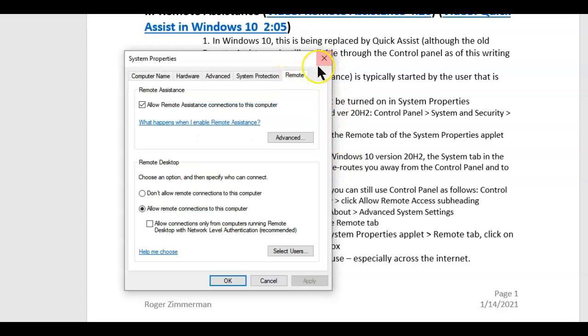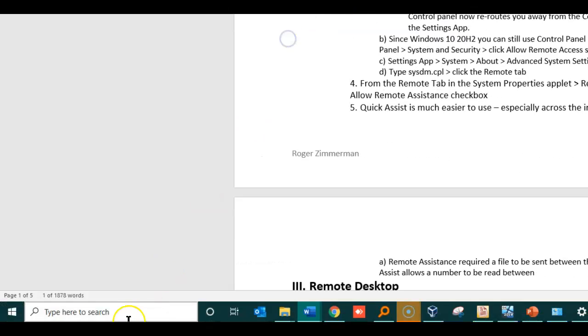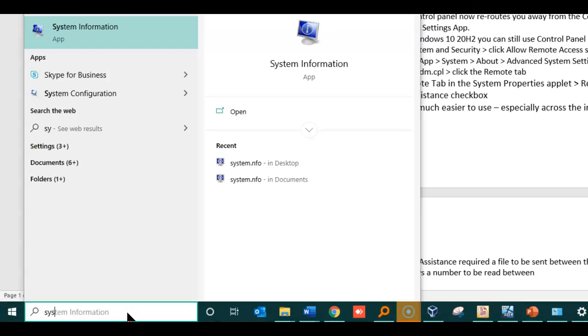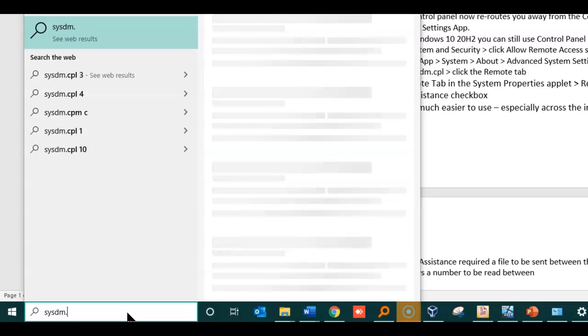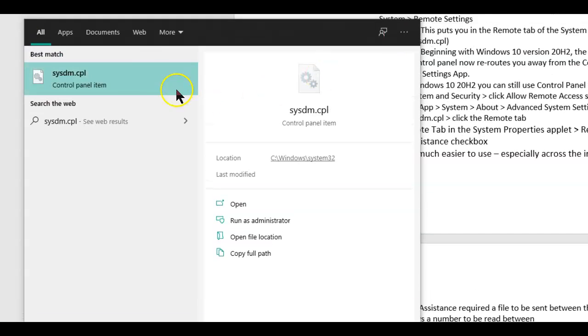This is why I like using the keyboard for these things, because they keep moving around and changing in Windows. If I know how to do these things using the keyboard, I can just type it in. I don't think you were able to see me actually do that. Let's do it again. sysdm.cpl. Just typed it down here in the search, and you see that it came up in here,